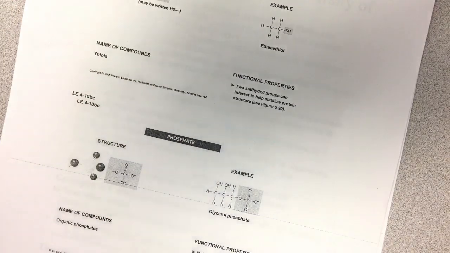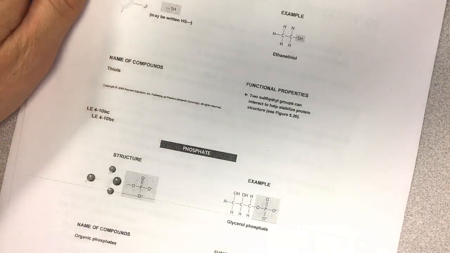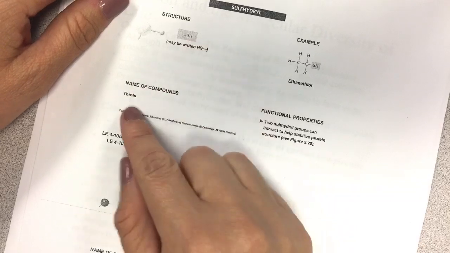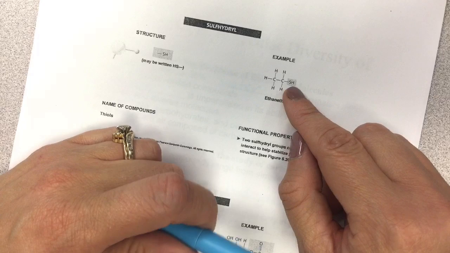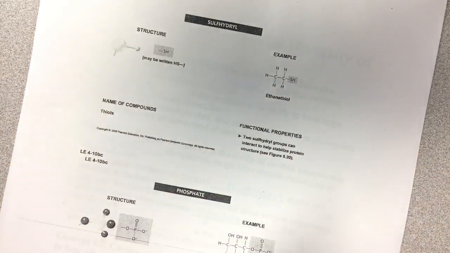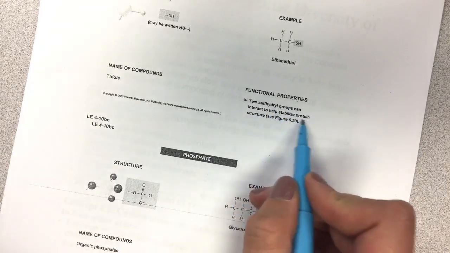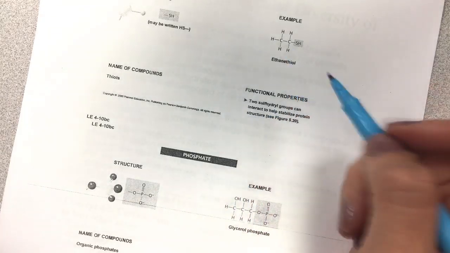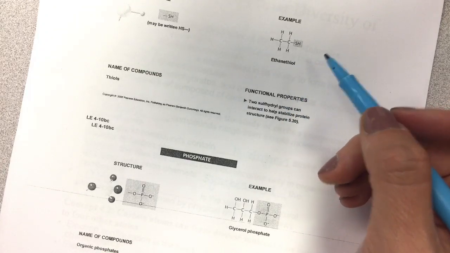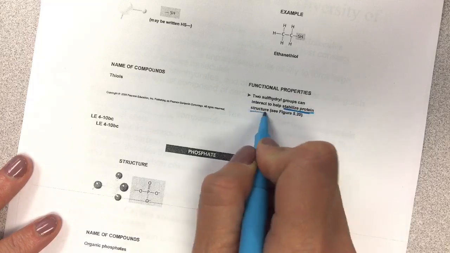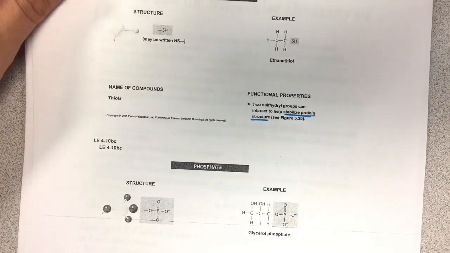Sulfhydryl comes from the elements sulfur and hydrogen, so it has a sulfur and a hydrogen. Molecules that have this are called thiols, and it looks like this attached to it. We'll see these in more depth next chapter, but they can interact to stabilize protein structures. So amino acids can have sulfhydryl groups, and they can interact and make the protein very, very strong. Right now I'm just going to introduce that to you, and it helps to stabilize the protein structure.